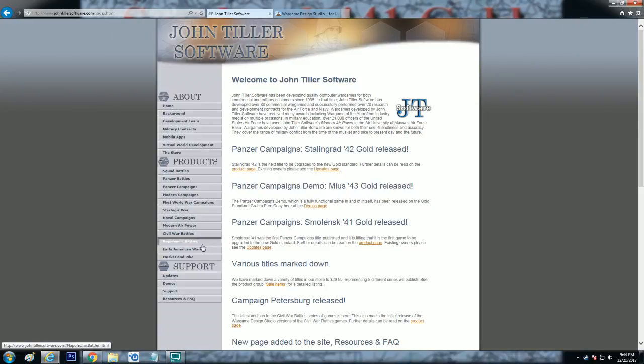So if you're not familiar with John Tiller products, basically squad battles, we're talking about individual counters being between 8 to 10 to 12 guys, each individual counter being one vehicle or gun. Panzer battles is a little bit more zoomed out. Each counter represents about 20 to 50 guys and a handful of vehicles or guns, maybe 2 to 8. And then when you're talking about Panzer Campaign series, you're talking about a little bit more zoomed out, where each counter represents several hundred guys, and each counter represents a couple dozen vehicles and guns. And of course, each of these are different time scales as well. Each hex represents a different amount of space. So in Panzer battles, you're talking about 250 meter hexes, and